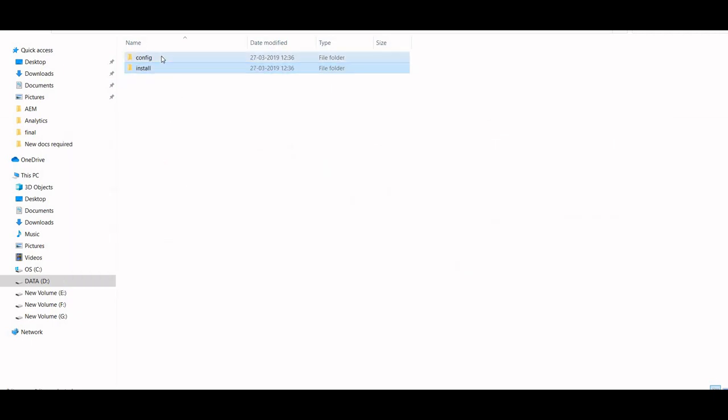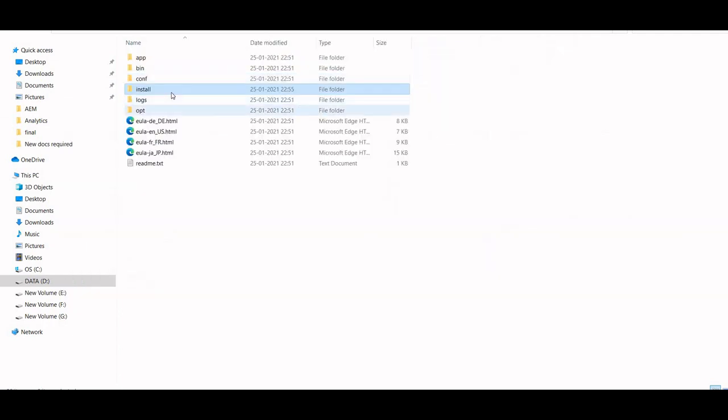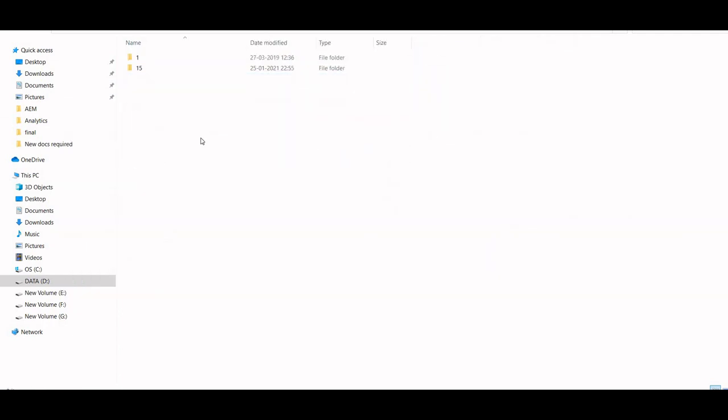Again go back, click on configurations, and there are two configurations we are interested in. One is the S3 data store configuration, and another one is the segment node store one. Copy both of them and then paste them inside install.